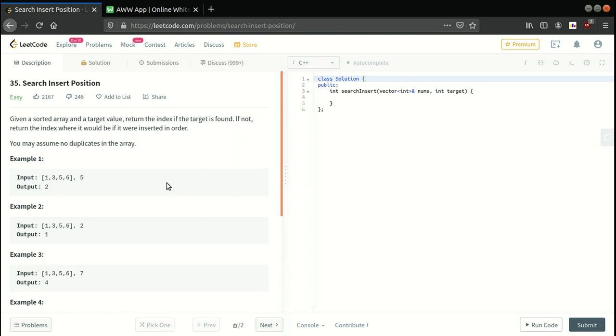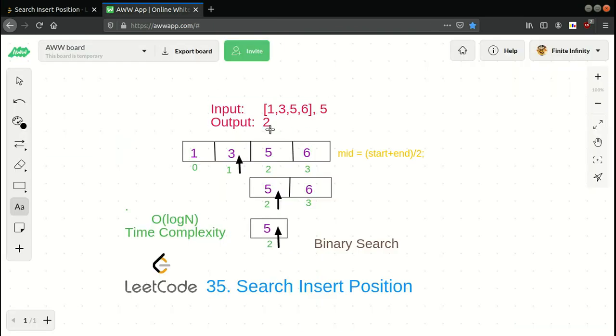Okay, so that is a very simple and basic approach, but today we are going to learn binary search for this type of question where the given array will be sorted. Binary search will take O of log n time, which is way lesser than O of n. So in binary search, instead of going through the whole array one by one, which will take O of n time, we will try to divide our array in two parts.